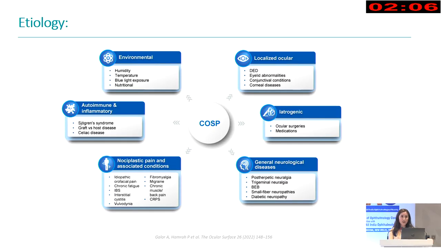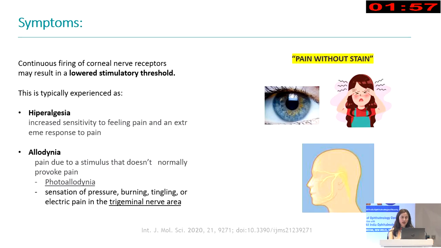And this will be related with many etiologies, especially with general neurologic diseases such as small fiber neuropathies. What they will feel, this continuous firing of corneal nerve receptors may result in a lower stimulatory threshold. So these patients will experience hyperalgesia and also allodynia, especially photophobia. And they will also tell you about a sensation of pressure, burning, tingling, and electric pain sometimes in